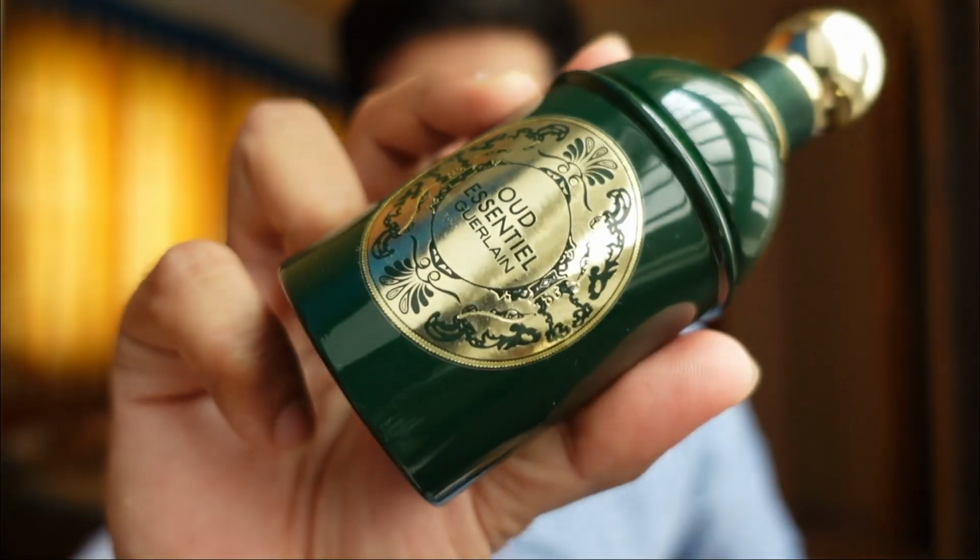The next one that we're gonna talk about is Oud Essential, and this is by the house of Kerala. I love this one, and this is probably my top favorite one from this house. Yes, even better than Vetiver or Shalimar, because this is something that is totally of my type. Very, very heavy, dense incense plus oud. The oud here is, of course, not a natural oud. It is very strong, and